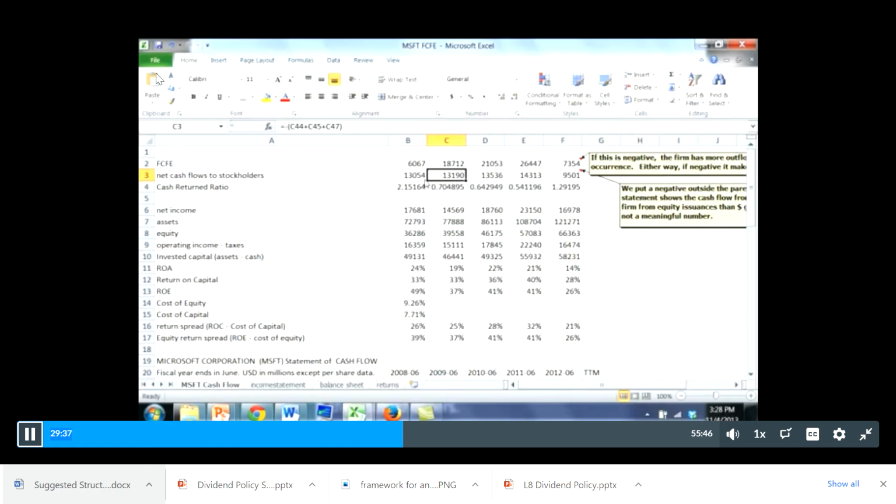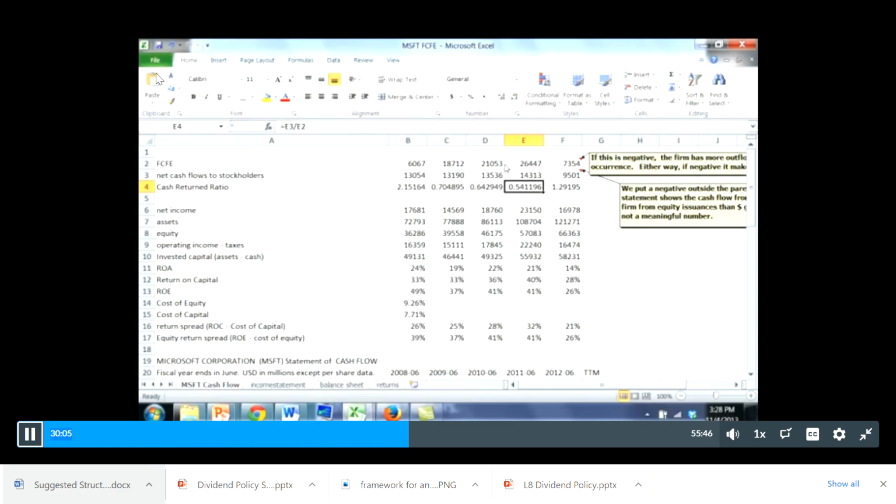But even though they increased the payout because their free cash flow to equity increased so much, their cash return ratio is actually below 1, and again even less. So again, both increased in 2010, but the payout ratio is less, and that same thing happens again in 2011. Right? So obviously,